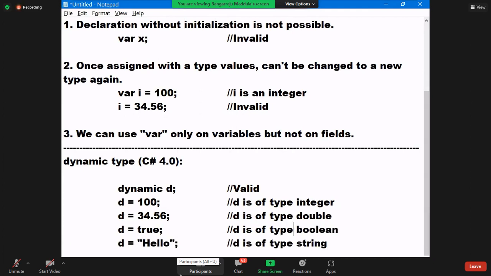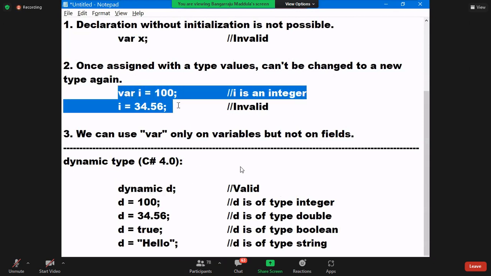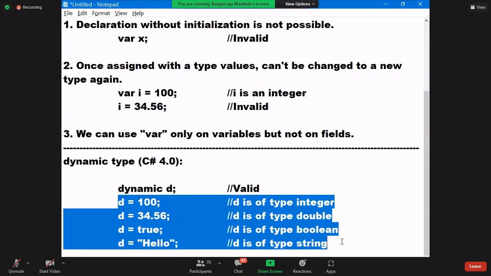The name itself tells you dynamic. You can change it accordingly. Second drawback of var, where is that only? See the result now. First drawback: without initialization, declaration is not possible. But see, it is possible. Second, once you specify a type it cannot be modified. But see, I'm modifying in every line. I can modify this in every line. And third one,